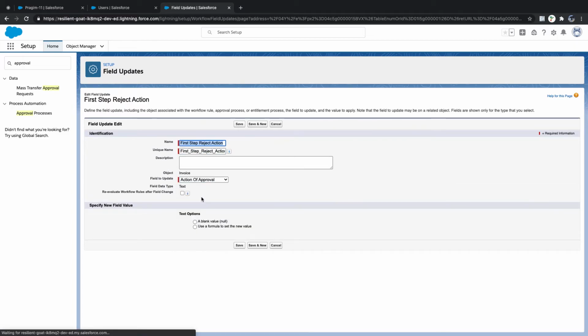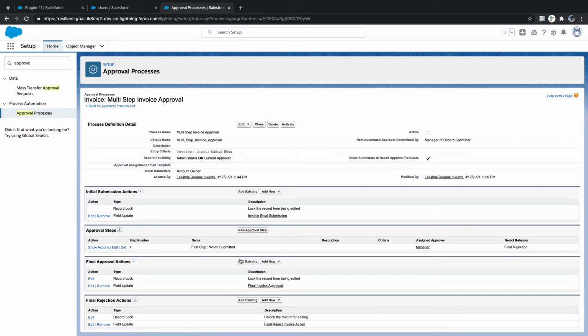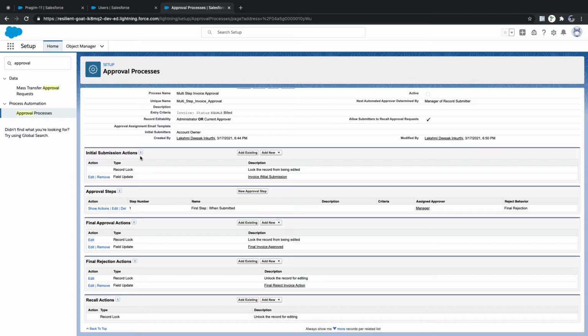Action of approve. First step reject. So we created one step and we decided to have one more step here,